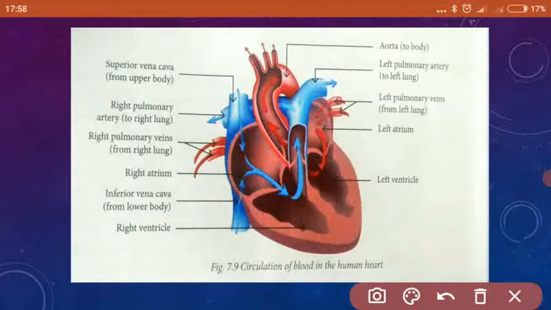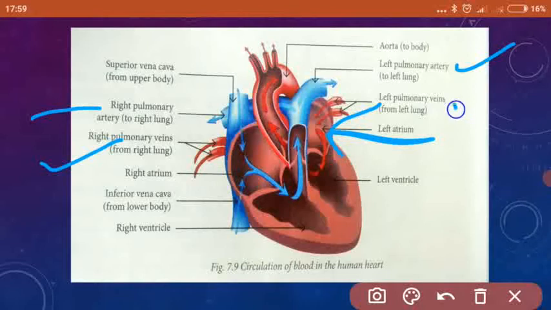Now, the blood will go to the right and left lungs. What will happen there? Yes, exchange of respiratory gases. In the lungs, carbon dioxide will be removed from the blood, to be exhaled out of your body, and the blood will take oxygen from the lungs, which the lungs have inhaled. So this inhaled oxygen will now pass into the blood. Then this oxygenated blood is carried to the left atrium by the right pulmonary veins and left pulmonary veins.